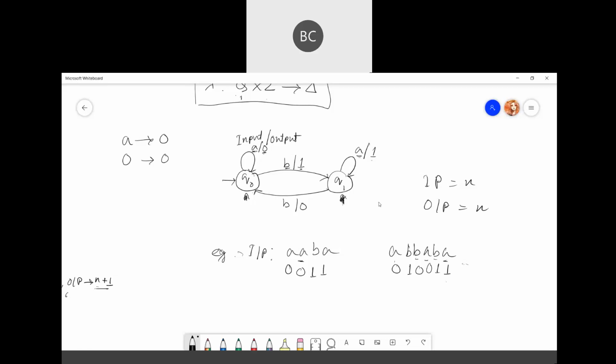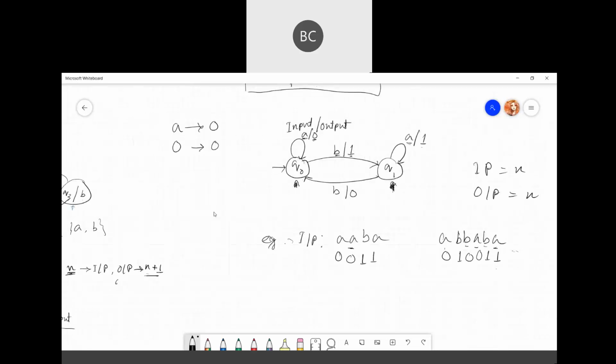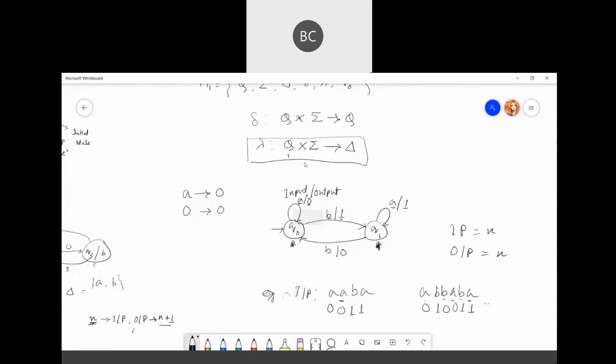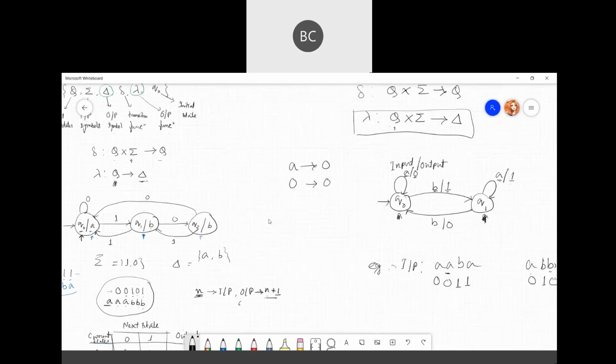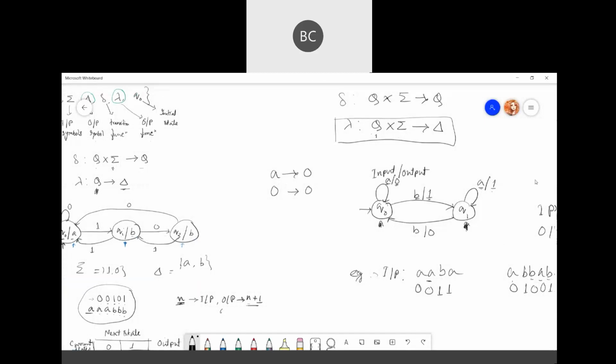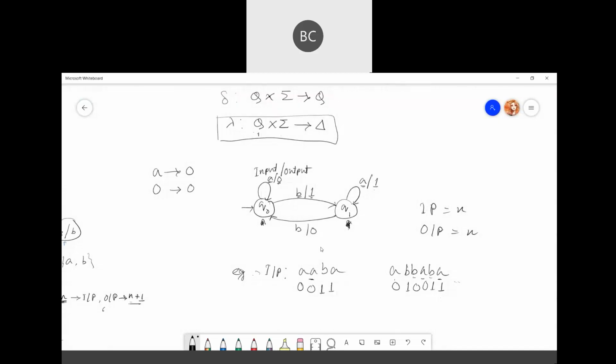Is it clear? The difference between Mealy machine and Moore machine, the main difference is in your output function and the way we represent it. Change binary to alphabet and alphabet to binary. No, nothing like that. You can draw anything. You can also keep it like, maybe you can just keep it like,